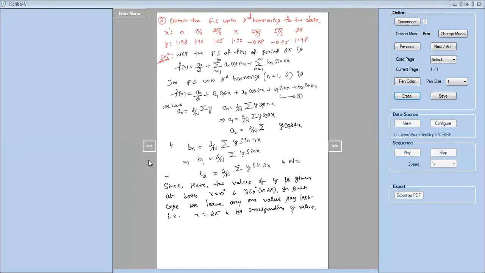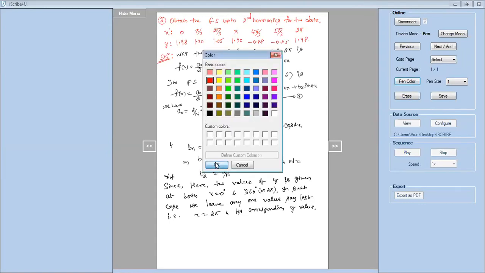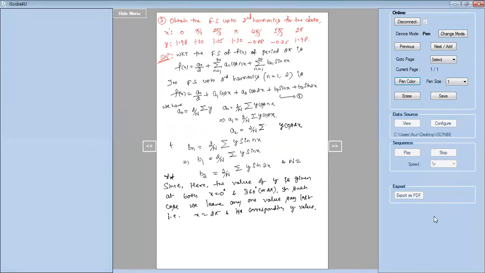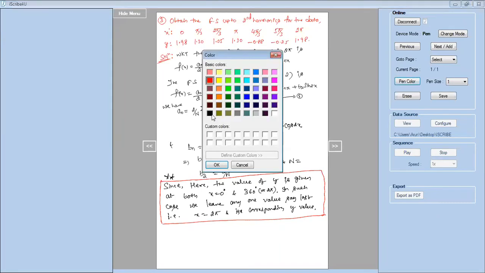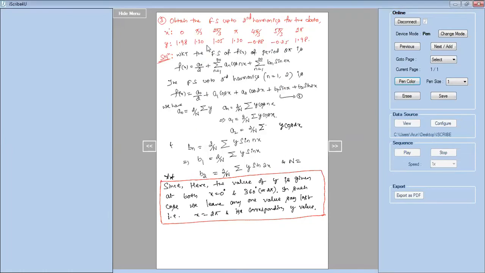This is one of the most important points, guys, you need to remember. This was not there in the previous two problems, because in those problems we can observe that they gave only either the first point or the last point. They gave either 0 or 360, or sometimes both 0 and 360 were not given. But here both 0 and 360 are given. When both are given, you have to leave any one value, first or last, whichever you want. I am going to leave the last one preferably.